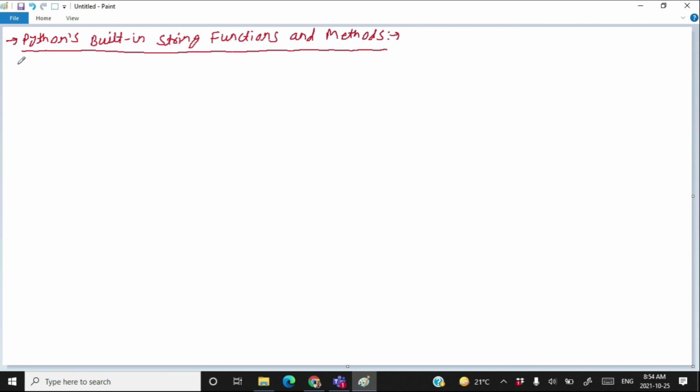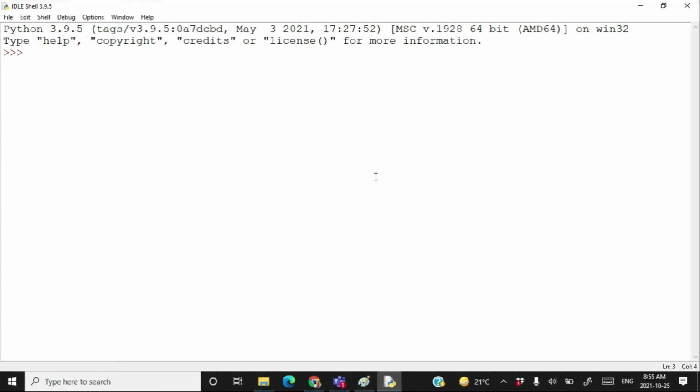The last method we are going to study in this sequence is the partition method. Let's understand practically how the partition method works. Suppose that I have a string s is equal to I enjoy working in Python.